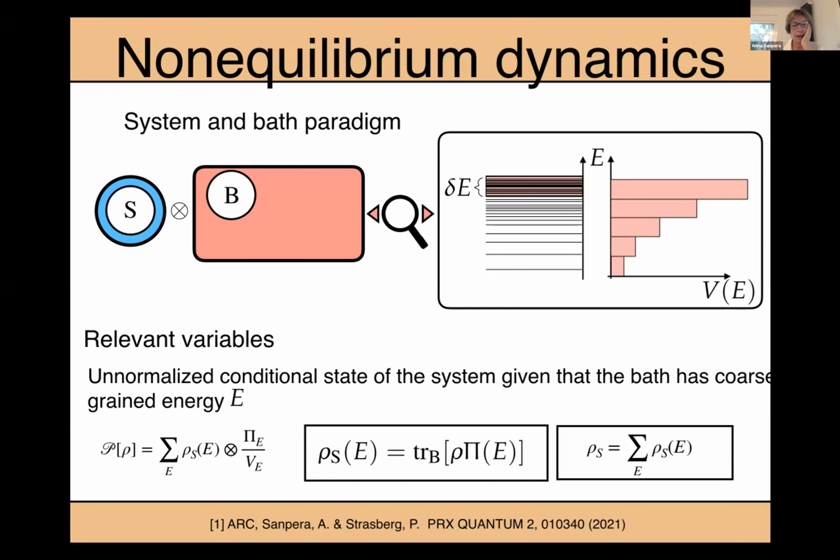Then, to study this normalized state, I trace out the bath, and the total state of the system will be the sum over all possible energies of this conditional state of the system. And this is quite interesting because when we do that, one of the things that we see